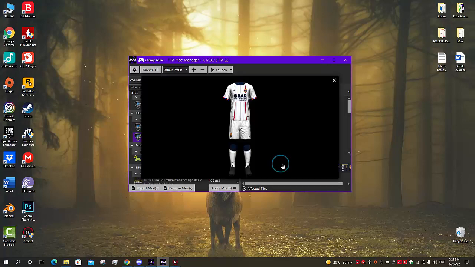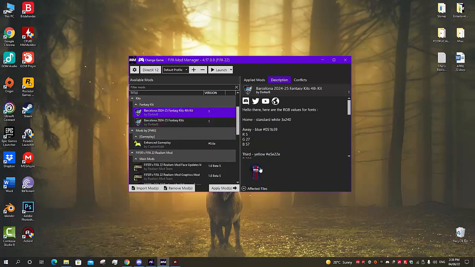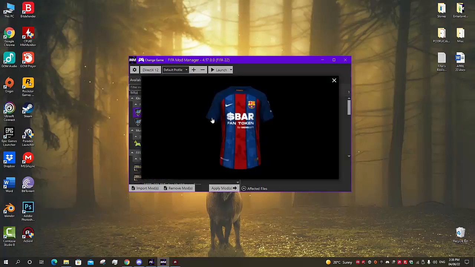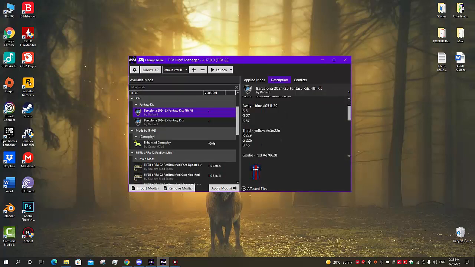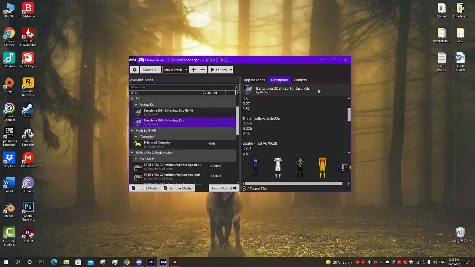So as you can see, you can make yourself custom kits. You don't have to be stuck with the default kits for 15 seasons. It's not really an immersive experience, so you can make yourself a different kit for each different season, and you can even add kits. I've made this tutorial twice already. So this kit is basically the same as this one, it just has the red shorts, the fourth